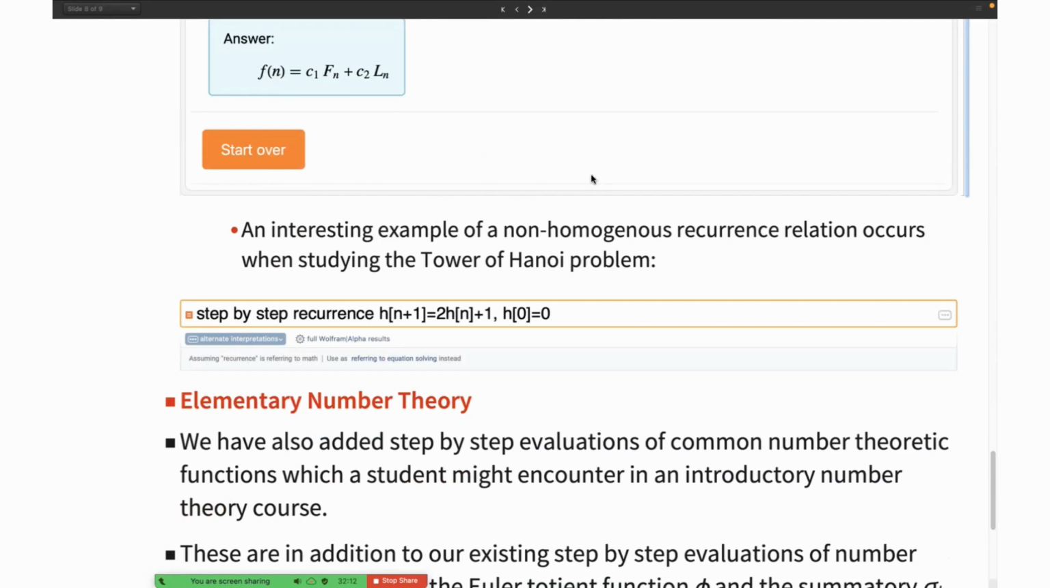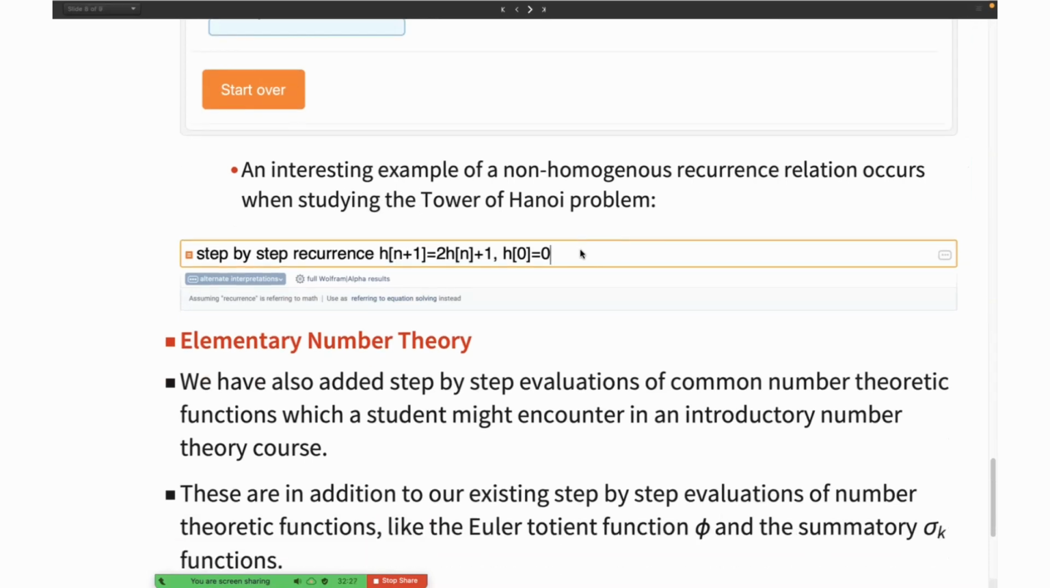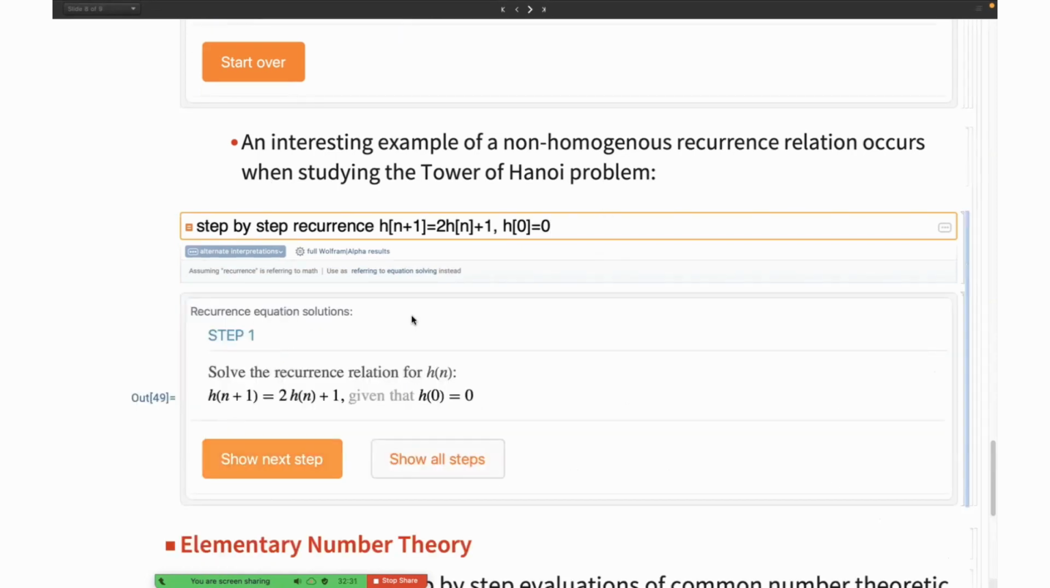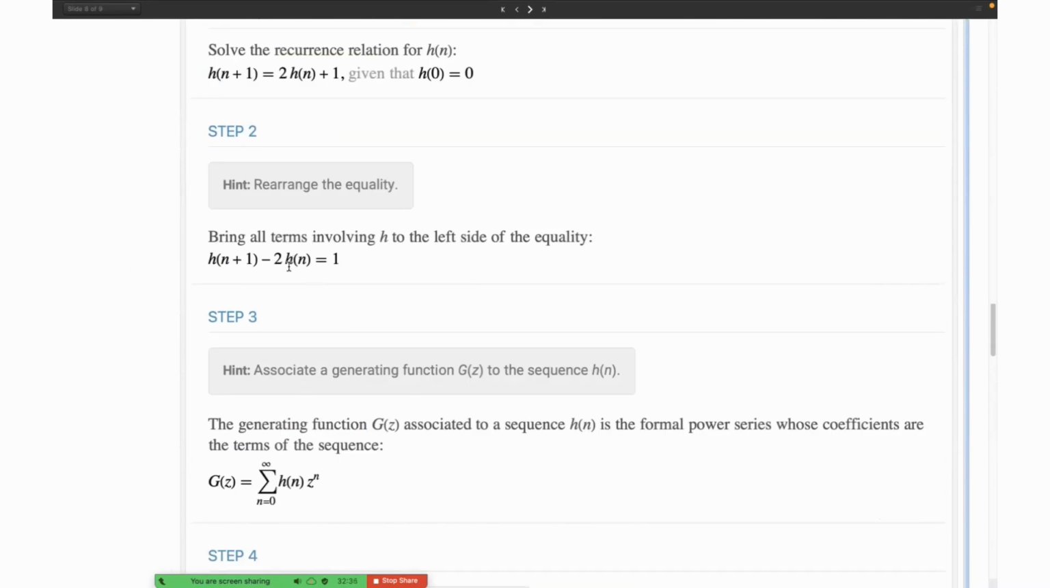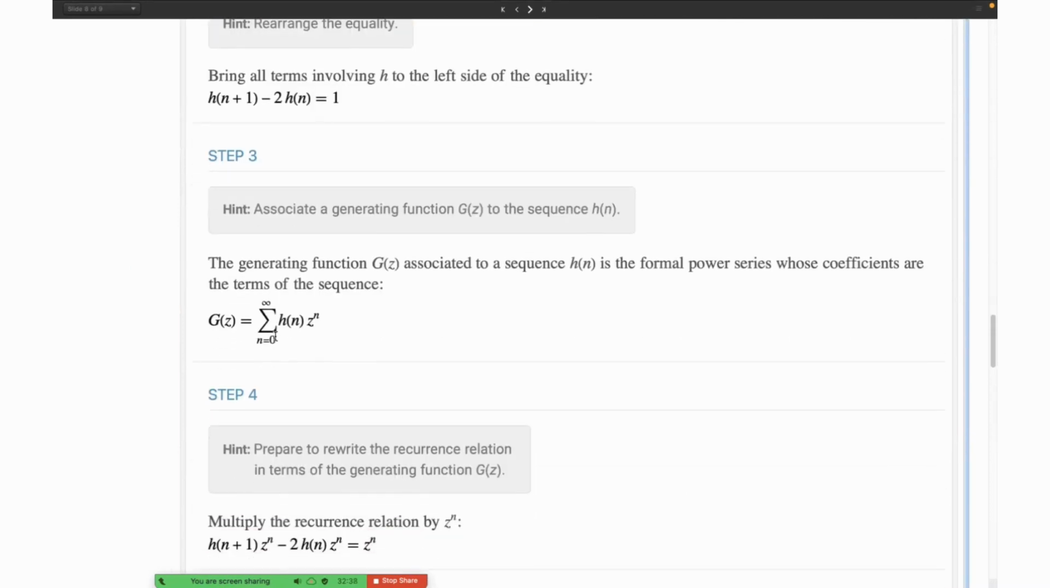And this is also an example of a non-homogeneous recurrence relation: the number of steps required to solve the Tower of Hanoi problem. I think everybody here should be familiar with the Tower of Hanoi problem. It's basically a simple game. And yes, here we have this solution, where this technique is a little bit more involved because it requires us to use generating functions,